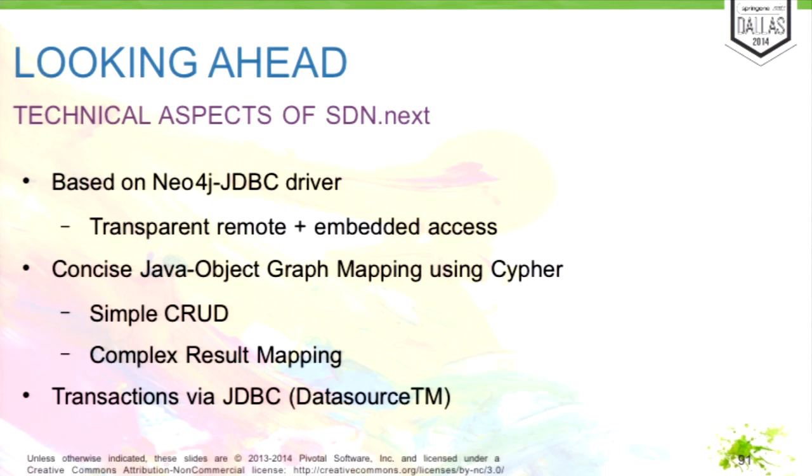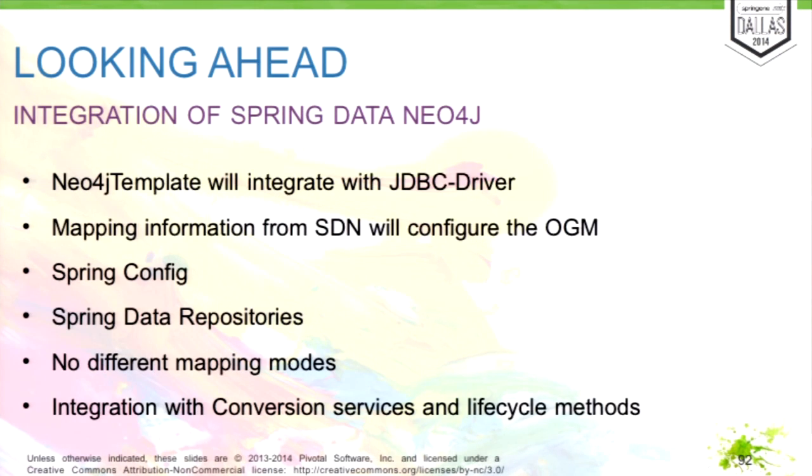And then what we want to build is a plain Java object graph mapping library, because many people also want to use Neo4j with object graph mapping from other languages, with other frameworks, and don't want to get the Spring dependencies necessarily. And then have Spring Data Neo4j on top of that, configuring this OGM and using this object graph mapper to do the actual work. Spring Data Neo4j will add all the conveniences that you already know, like repositories, lifecycle support, simple configuration, integration with Spring Data REST, with Spring Boot, and all the other things.